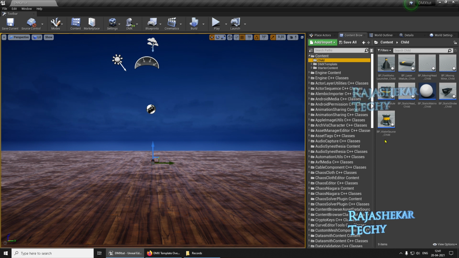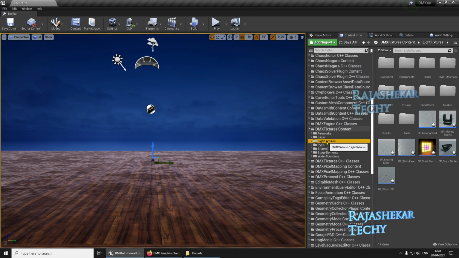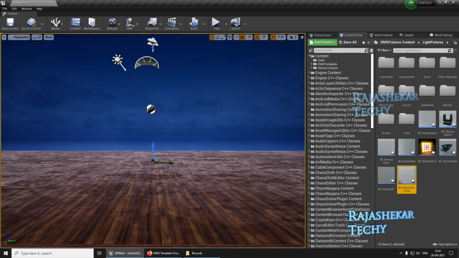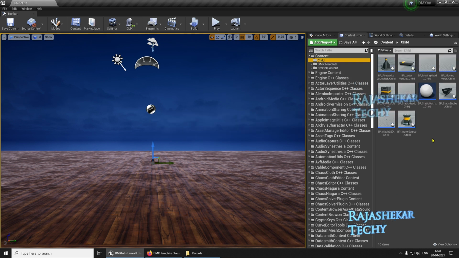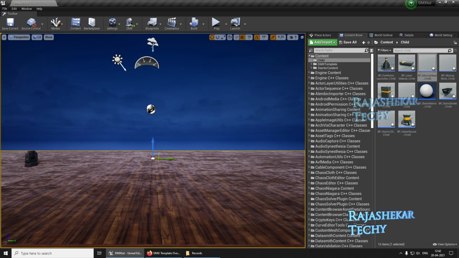So let's move them onto the scene, and looks like we have missed out on adding a wash. So let's look for the wash, LED wash. Here it is. Okay, so let's place them one by one in the scene, starting with moving head. Moving mirror,